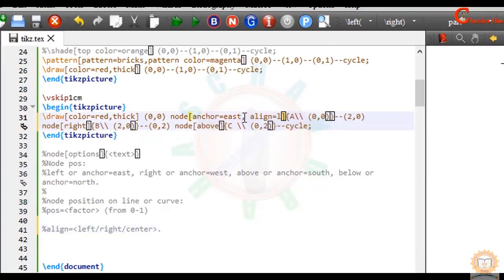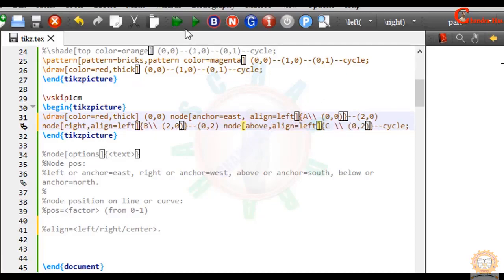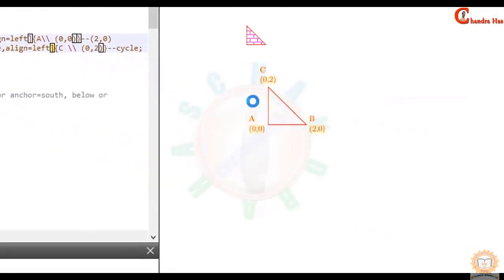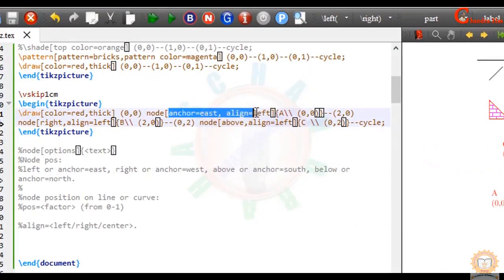I want to use left. We'll copy this and paste at each place. Then again compile your file. Now it's working. If you don't put any option inside this square bracket, then the default position of the text will be center at the current coordinate.